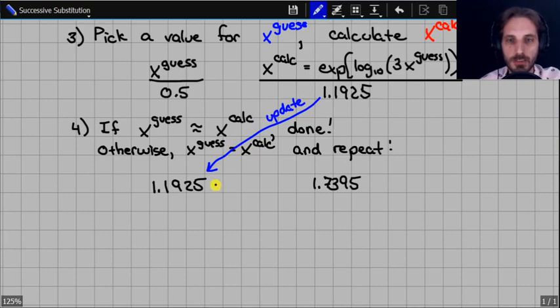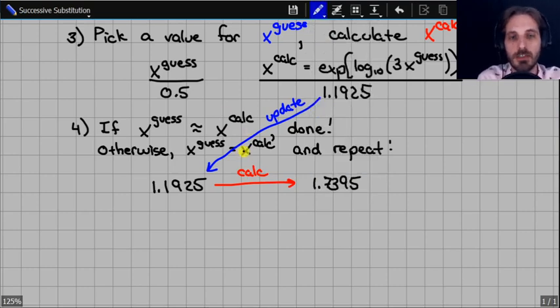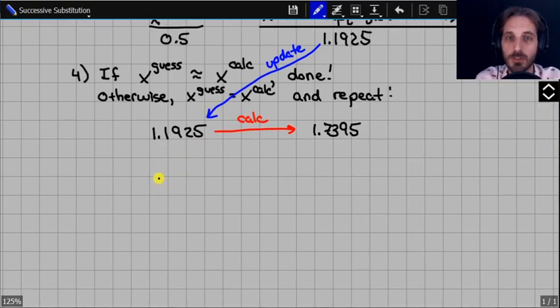And now we calculated a new value of xcalc to be 1.7395. 1.7395 is not particularly close to 1.1925, so we would do it again, except now our new xguess will become our old value of xcalc. So I'll just copy that number here,